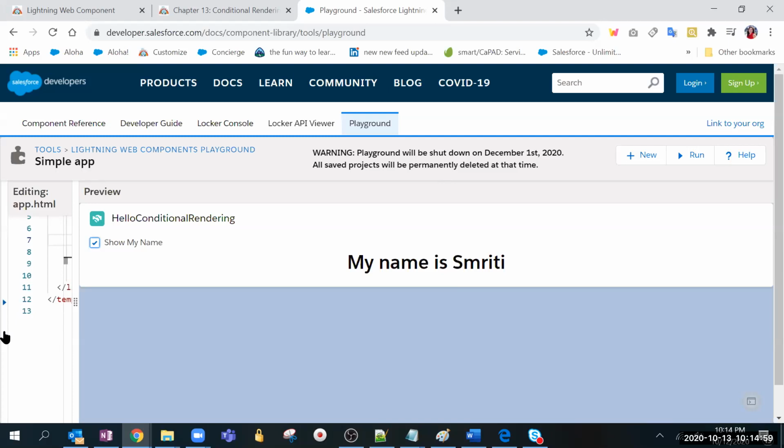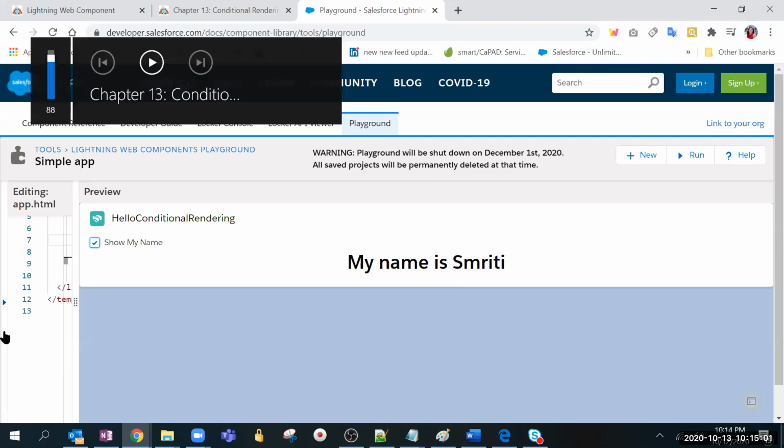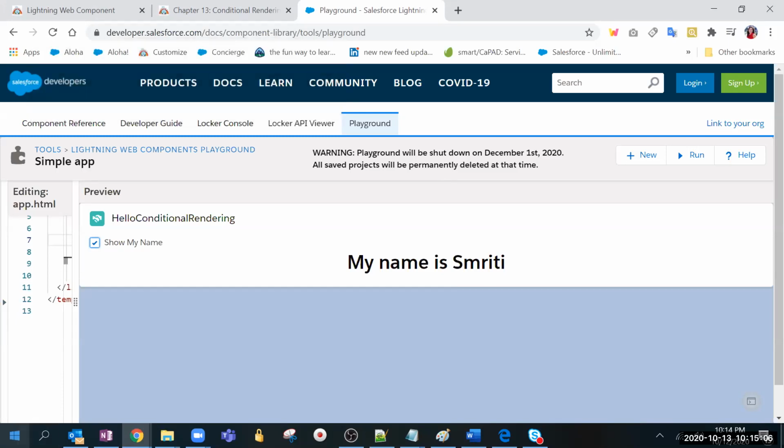So Smriti, I wanted to ask you, if you are developing Lightning Aura components, we put the component in an app for easy previewing, right? Yeah, you can do that. In the same way, for Lightning Web Components in VS Code, to preview we use the local development server, right?